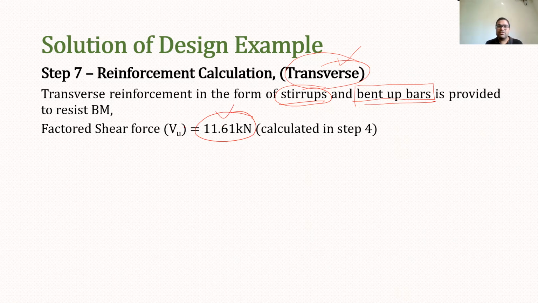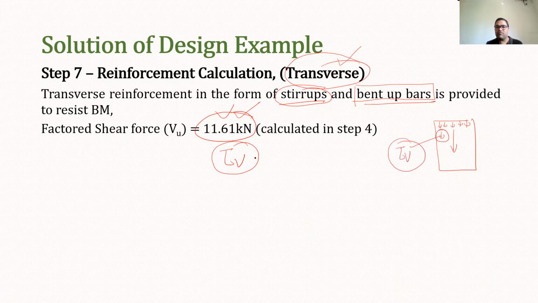Generally, we express this load per unit cross-sectional area. When we express this shear force per unit cross-sectional area, we express that as tau v. So tau v is called nominal shear stress, which is basically the shear force per unit cross-sectional area. As you can see, the total shear force may be acting over the whole cross-section, but at a unit cross-section, what shear force is acting at a particular unit cross-sectional area, that shear force per unit cross-sectional area is called tau v.